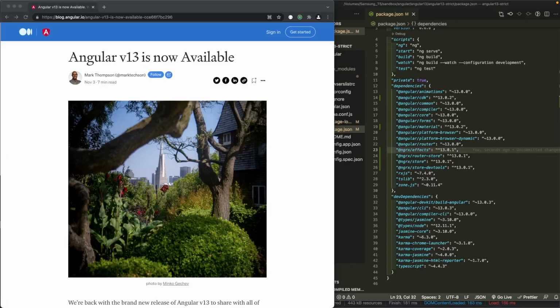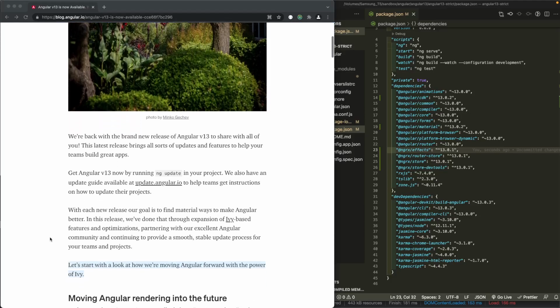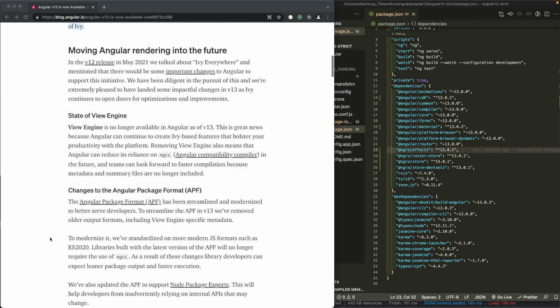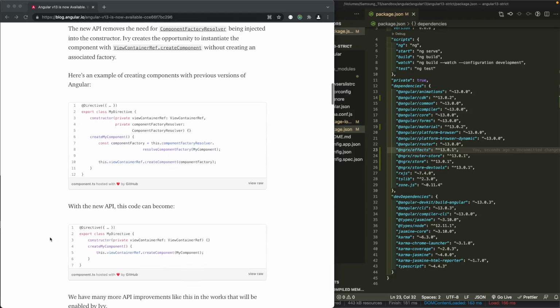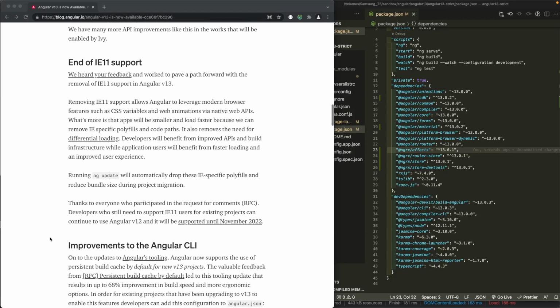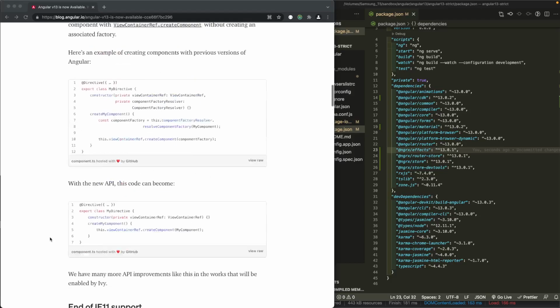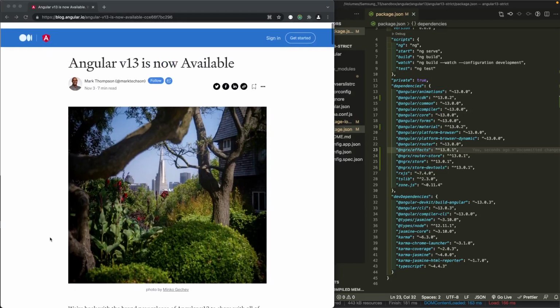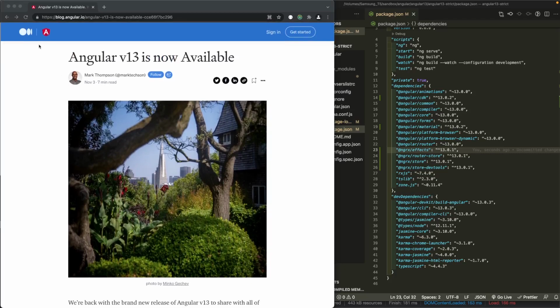Google recently released the production version of Angular 13 for public consumption. There are several changes to this version of Angular. From my perspective, one of the more interesting changes is the end of support for Internet Explorer 11. I won't go through all of the changes, but you can certainly read it for yourself on the official Angular